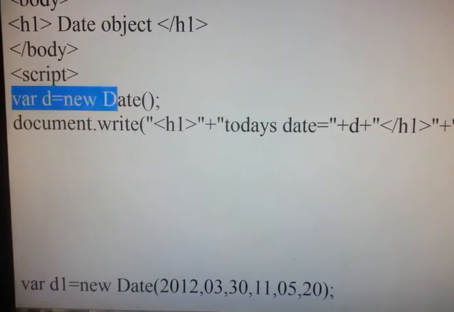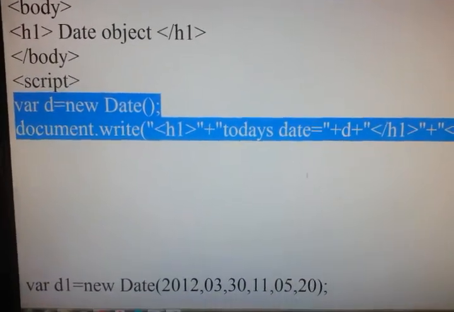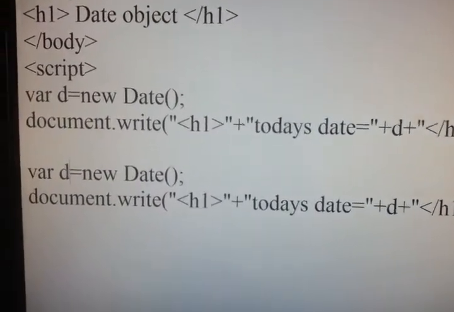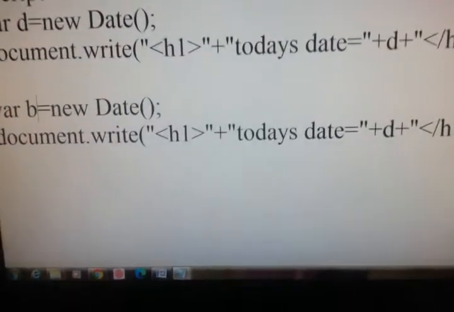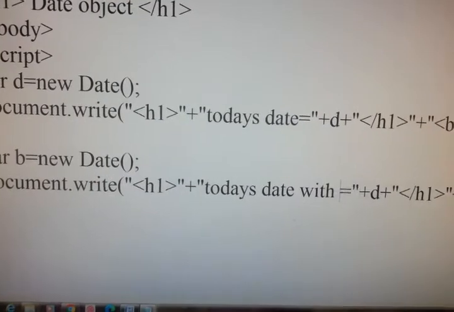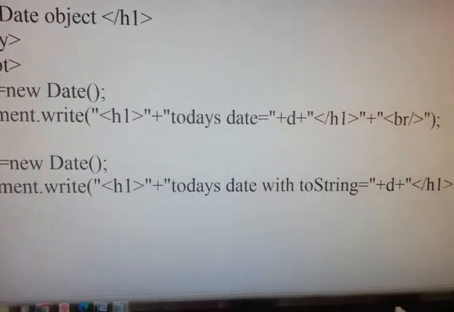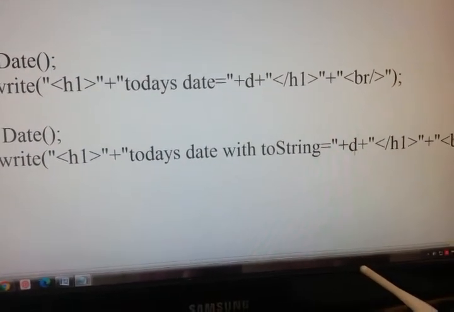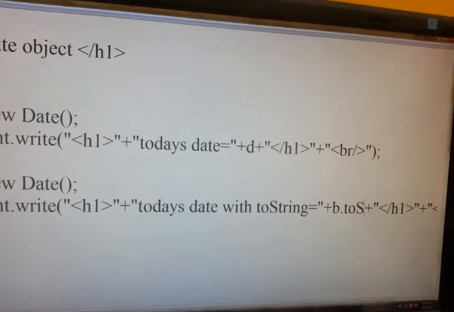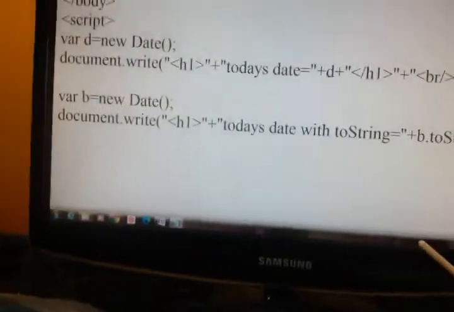The same thing if you use toString. So we have a toString method.